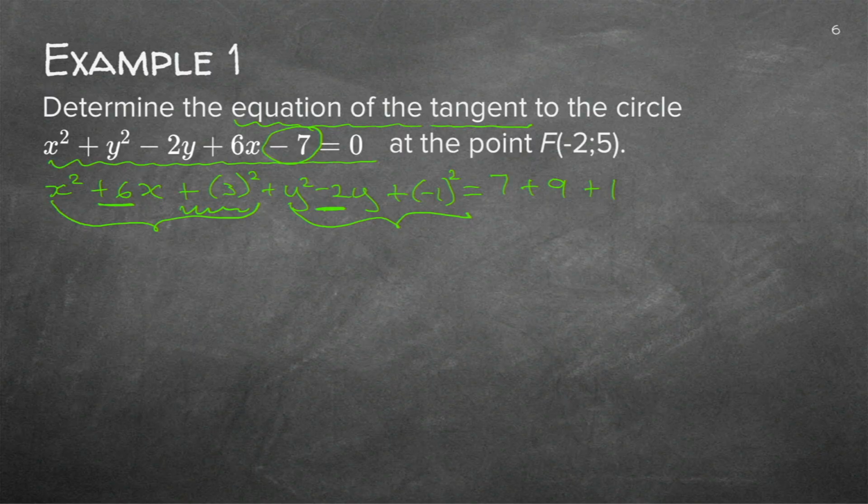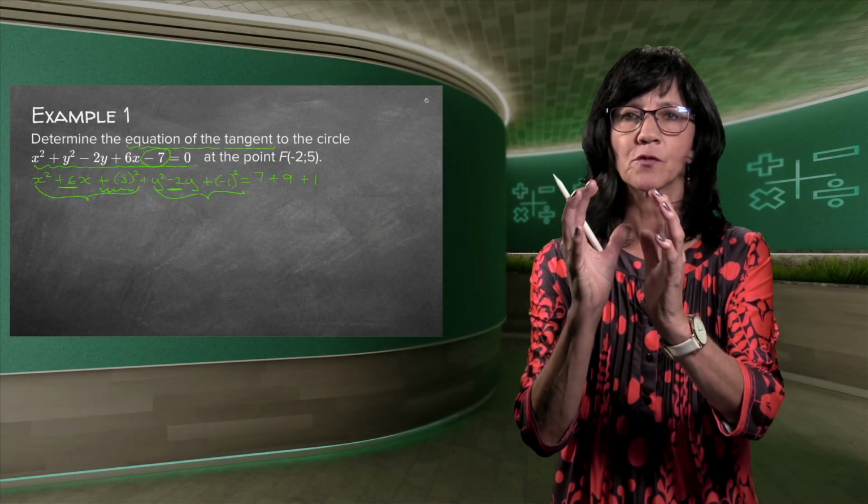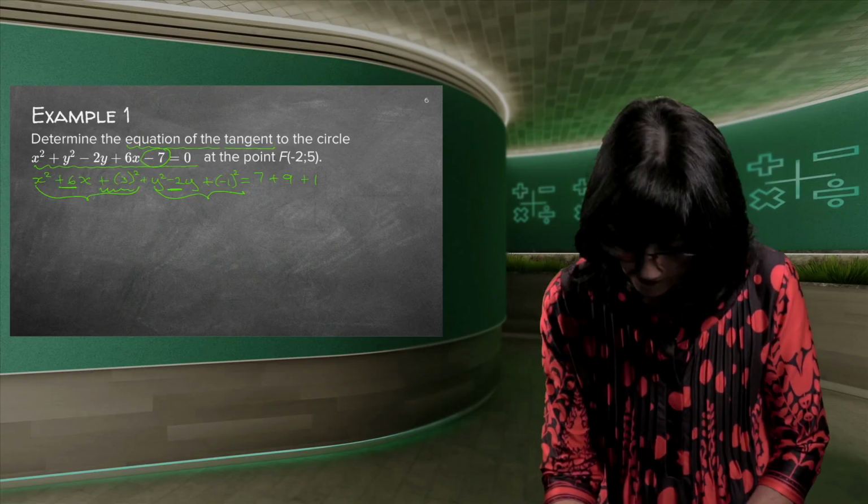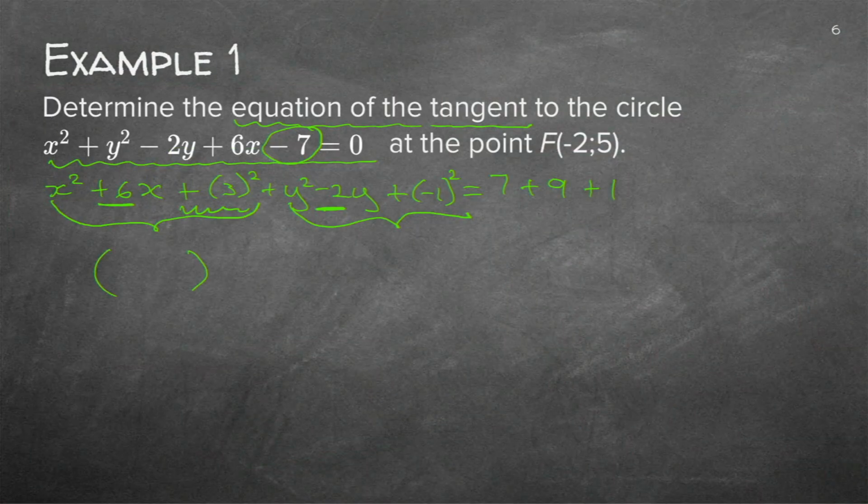And that is supposed to give you your square brackets for your proper circle format. So you make your squares like that, plus you make the other one like that. And now I can quickly write 17 on the right-hand side because I could add all those figures. But now I know whatever I've done on the left-hand side, I've also done on the right-hand side. So I haven't changed my equation.